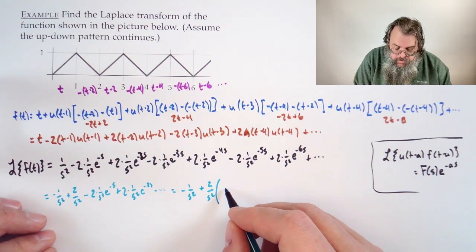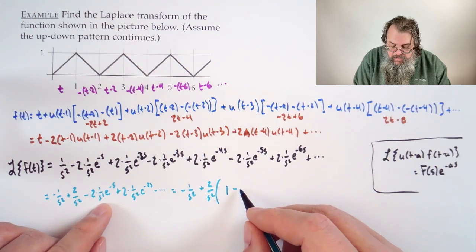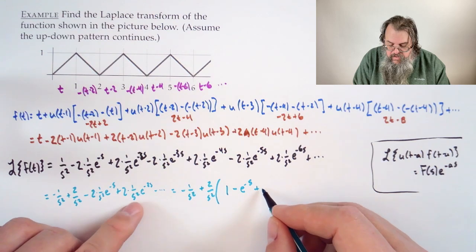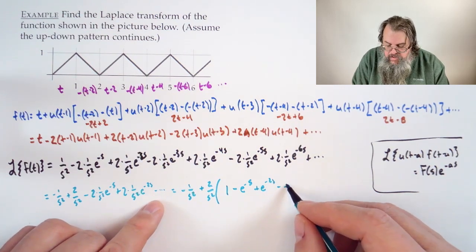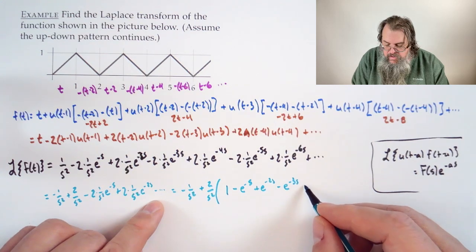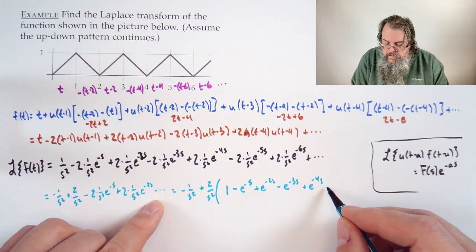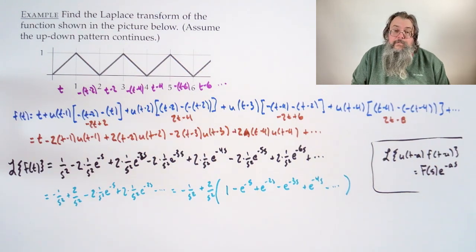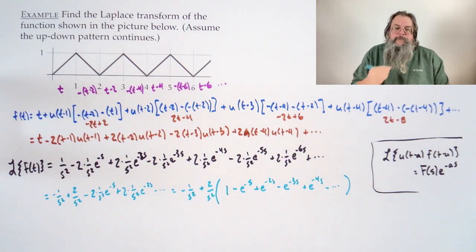We're going to have 1 minus e to the minus s plus e to the minus 2s minus e to the minus 3s, and so forth and so on. Oh, okay. Cool. But you're probably thinking like, Steve, you still have the dot, dot, dot. Yes, but